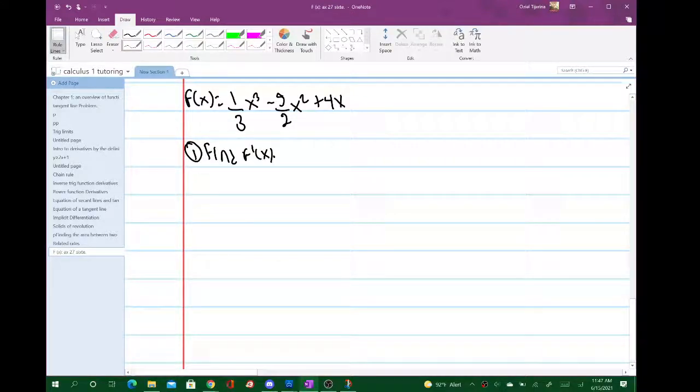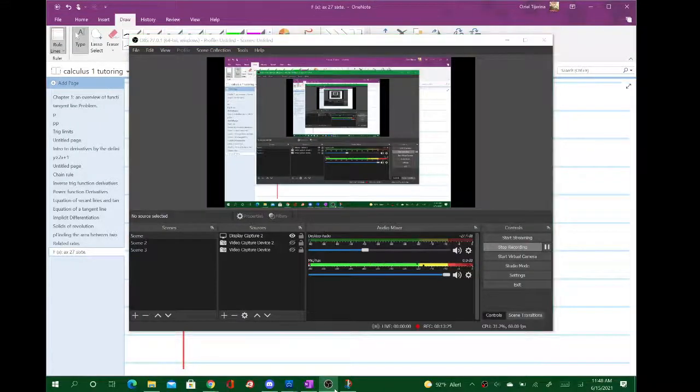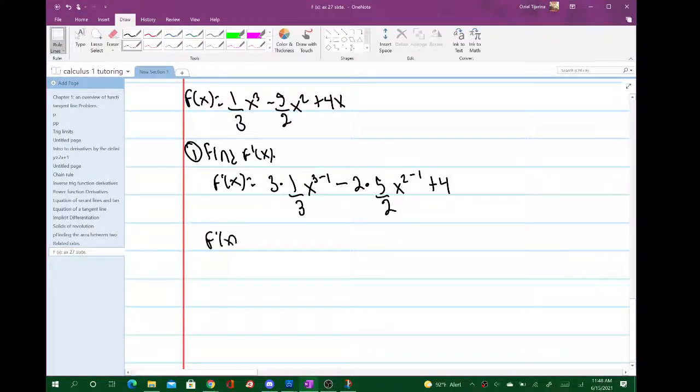So f prime of x is going to be 3 times 1/3 x to the 3 minus 1 power, minus 2 times 5 halves x to the 2 minus 1 power, and then plus the derivative of 4x, which is just 4 because that's the slope. So f prime of x is equal to x squared minus 5x